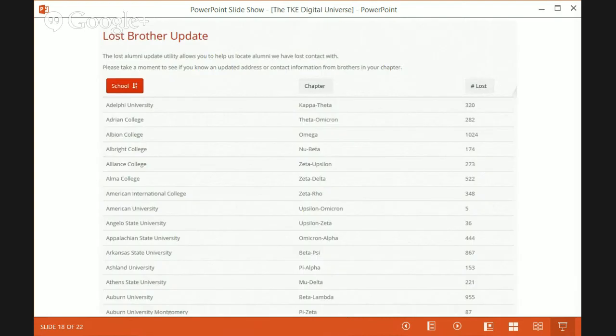That's located at tke.org/lost. And from there, you can see a listing of every chapter and the number of Teaks that we have lost information for. We are missing either an email address, mailing address, or a phone number. So at tke.org/lost, we can go in and click into one of those individual records.